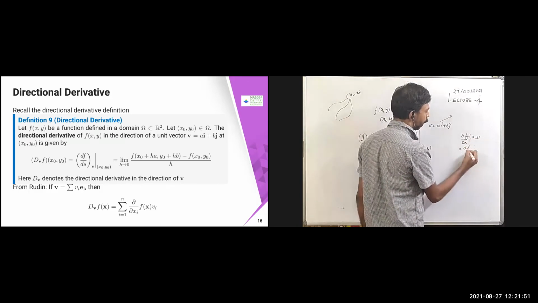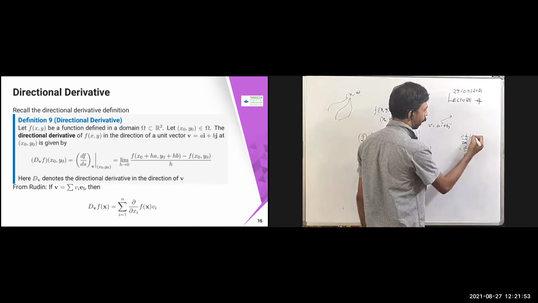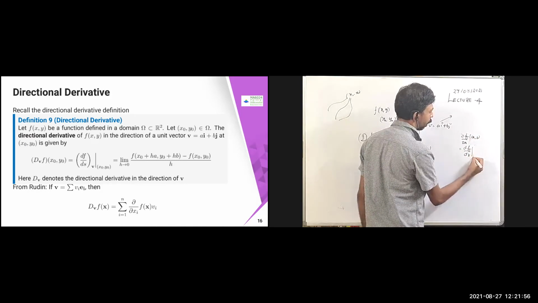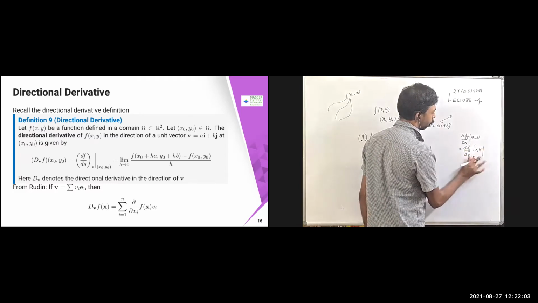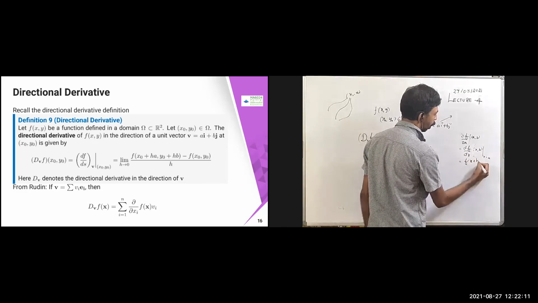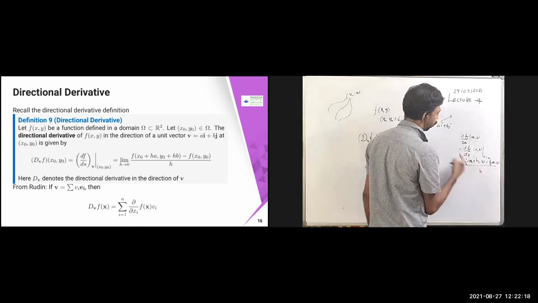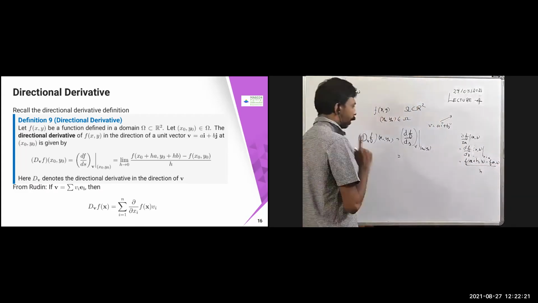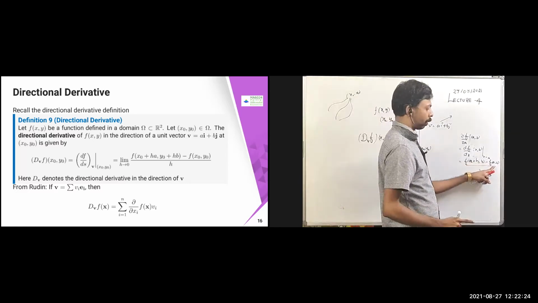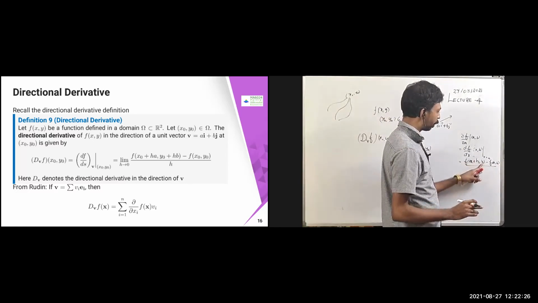So this is becoming ∂f/∂x, meaning at (a, b), I am defining this as df/dx at x equal to a. So this will be like the derivative of f(x, b) at x equal to a, and I will be defining it as the limit of [f(a + h, b) − f(a, b)] divided by h. This is the ∂f/∂x definition I used to do. Here I'm keeping b fixed. I'm not changing b at all here, I'm just keeping b fixed.